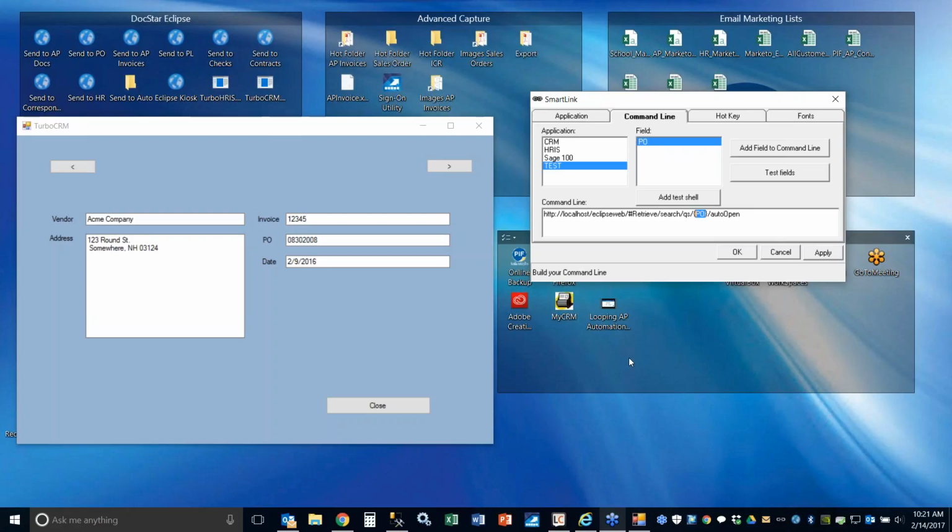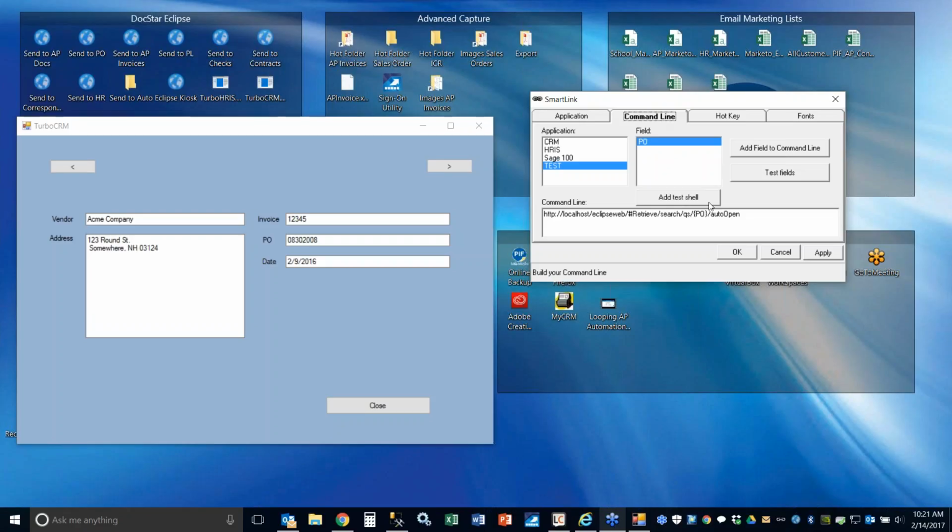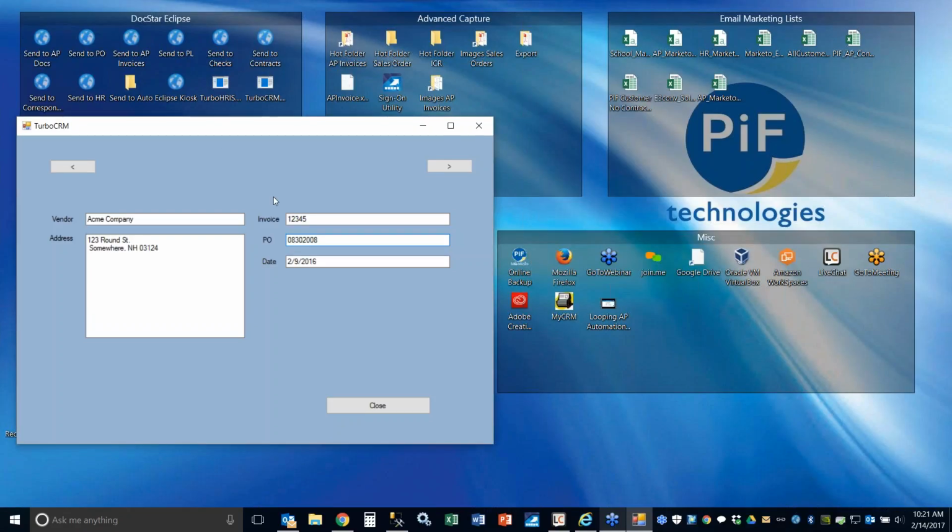So it's going to now call when I click this hotkey. So let's just use Shift, we'll do Shift F9. Finding a good key that somebody will remember. So basically, when I hit Shift F9, it's going to automatically grab this PO value, and it's going to automatically pop up all matching documents. In this particular case, it's also going to auto-open all the available documents. So whether you want to just get a results grid of all the available documents that it finds, or you want it to auto-open, that's just a parameter that you can apply. So I'm going to apply that. And now, when I hit Shift F9,